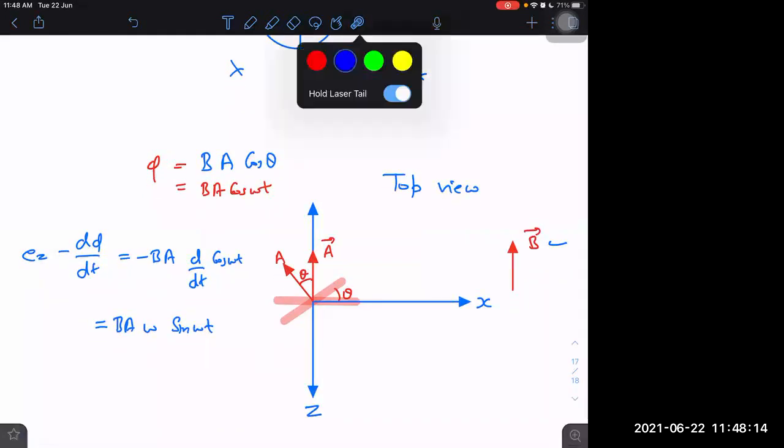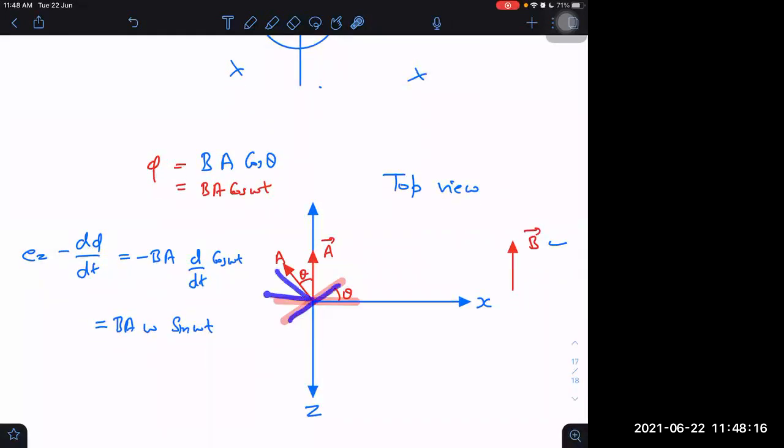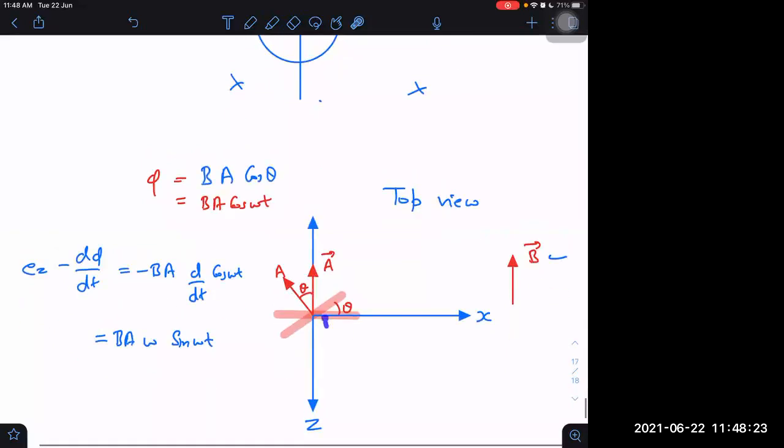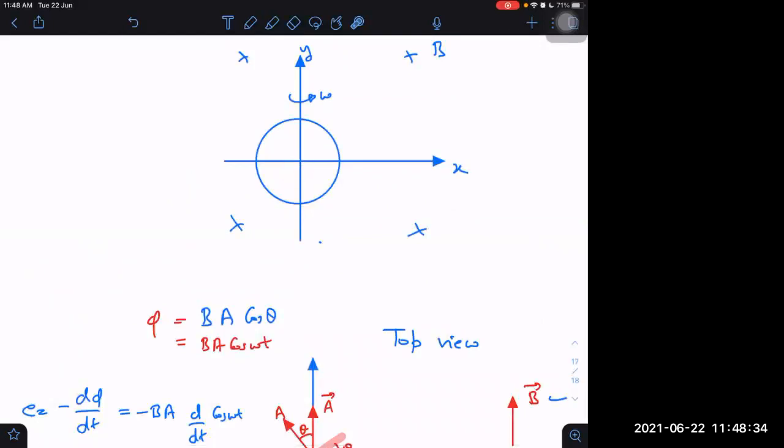Tell me, if the area is turning this side, then the flux is increasing or decreasing? Magnetic field lines are this side. Those magnetic field lines which are crossing will be decreasing, I think, as it is turning. Crosses are decreasing. It will do the opposite. If crosses are decreasing, it will try to create its own crosses. It will try to create its own magnetic field lines into the plane.